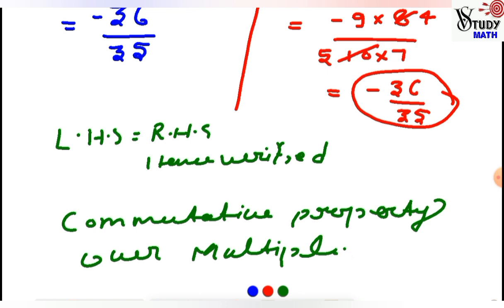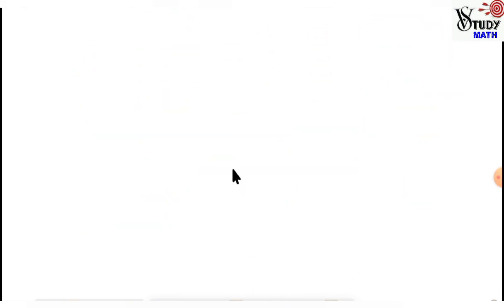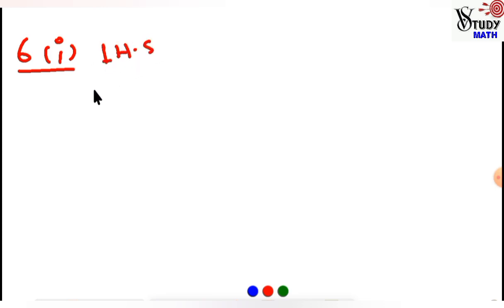Okay. Now move to the next question. Question number 6 part 1 is given here. We are going to take the left hand side first. The left hand side is given here: 3 by 2 multiply (1 by 2)